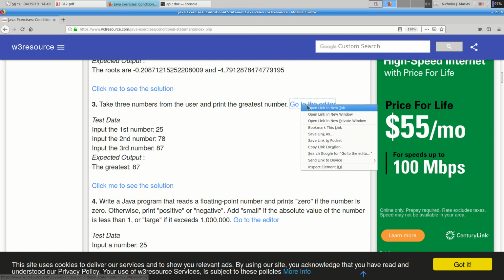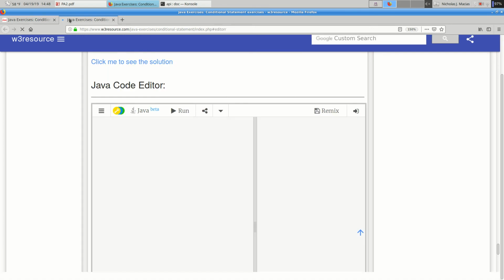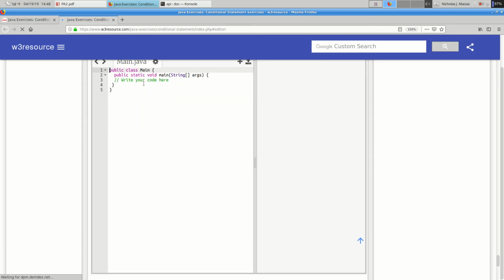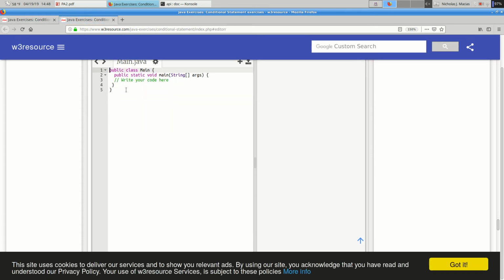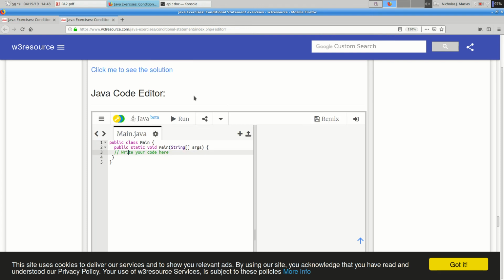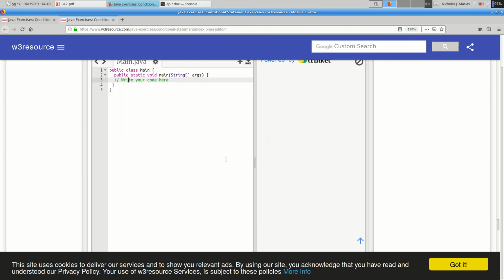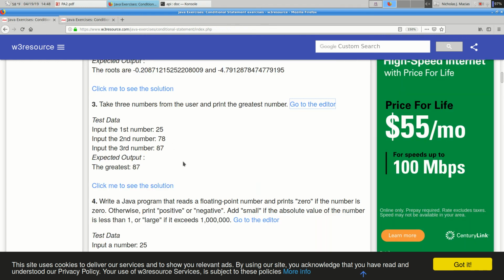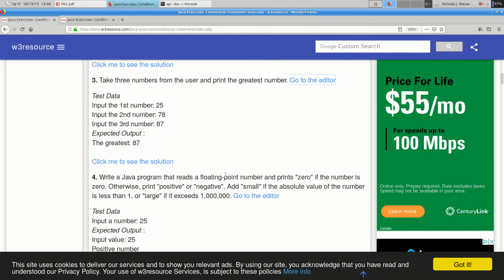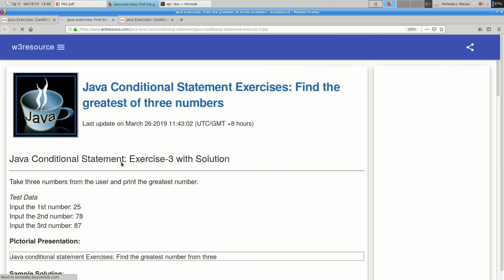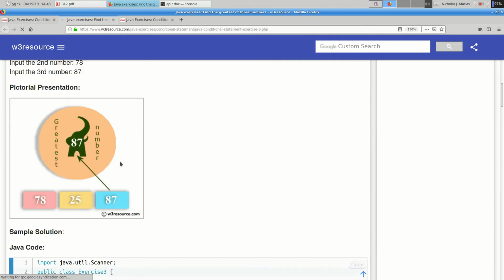And so for these, you can say go to editor, and it gives you your stub of a program, and you can type your code in here, and you can hit the run button, and it will execute it for you and show you any output. There's no output produced here, right? But it's a nice little test environment for actually working with this stuff. And if you totally give up and you want to see the solution, you can see solutions. And it will show you